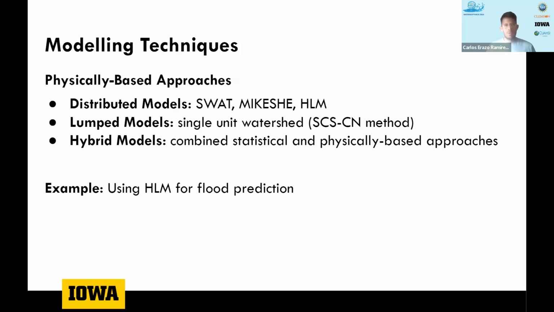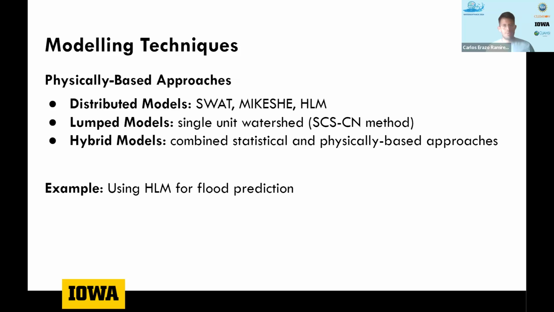Lumped models are the simplification of the watershed or the units that we have into an equation that makes it easier to interpret and largely applicable across several use cases. One of those is the Soil Conservation Service Curve Number, the CN. And the hybrid models are the combination of statistics and physically based approaches to improve